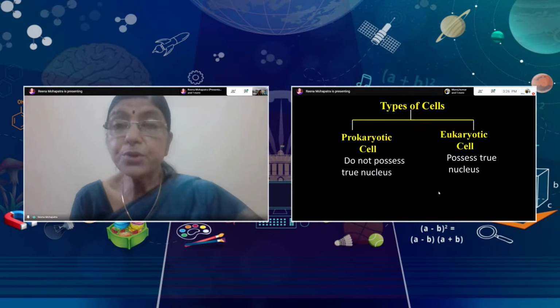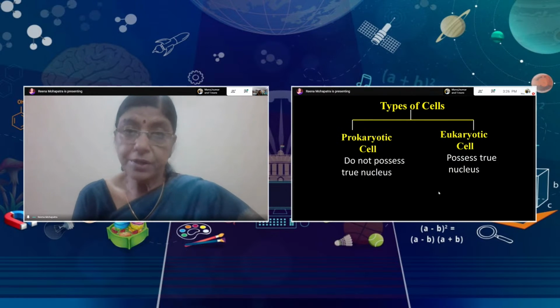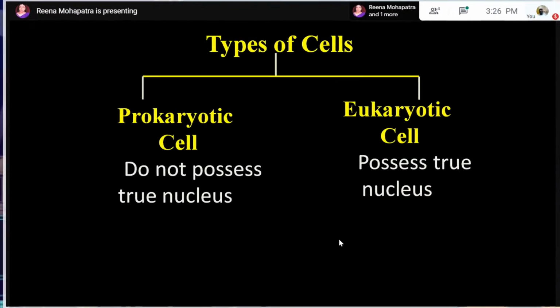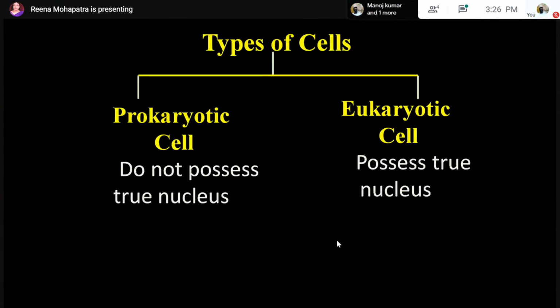Now let's come to types of cells. Now all of you might have heard about the nucleus. Viewers, this is for you. So you have heard about the nucleus. What is the nucleus? The nucleus is regarded as the controlling center of the cell. We are discussing that inside the cell many chemical reactions are taking place. These reactions are possible because of the nucleus. The nucleus controls all these reactions.